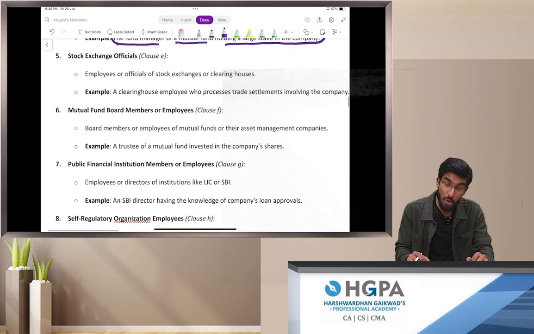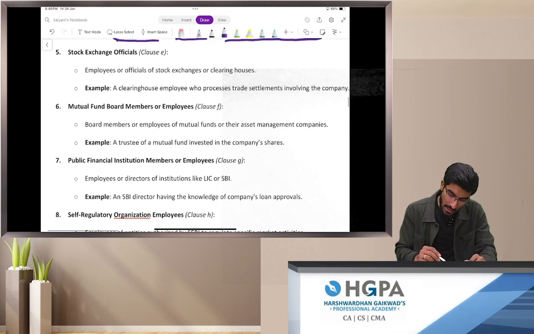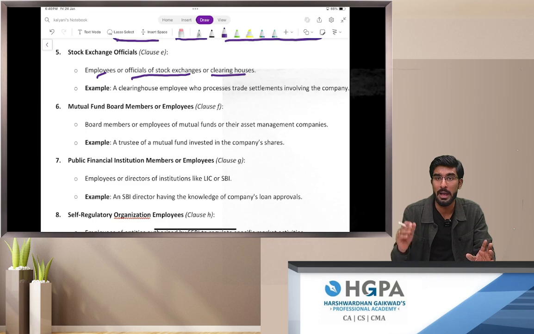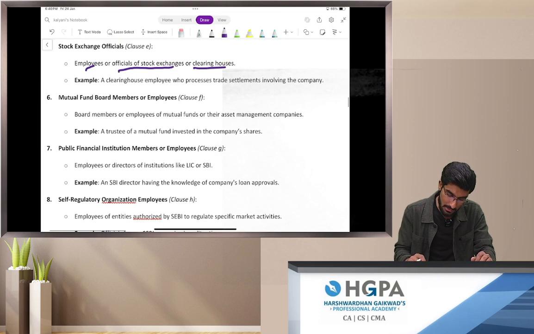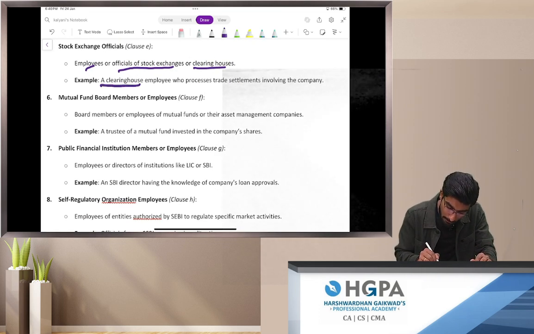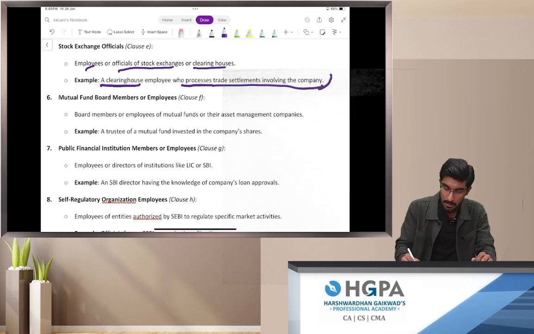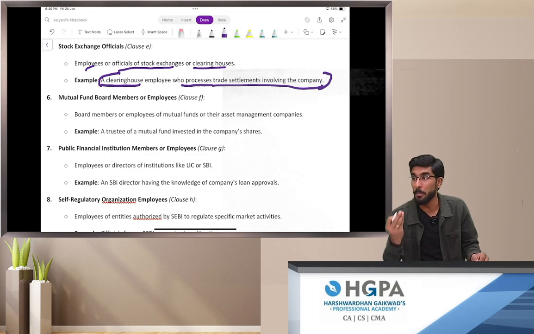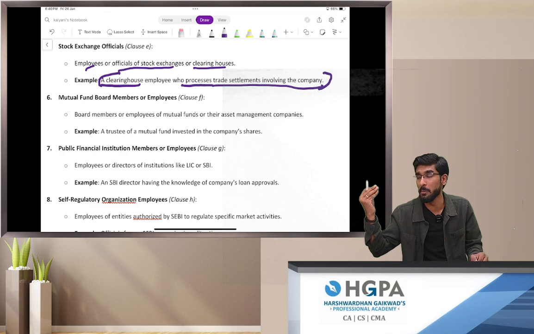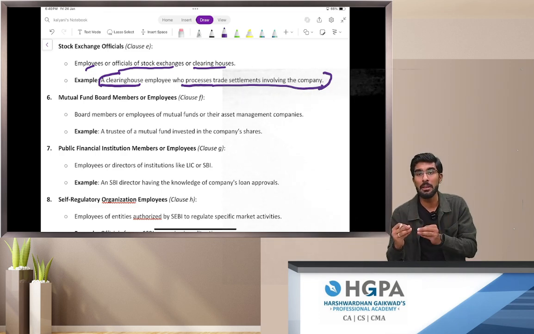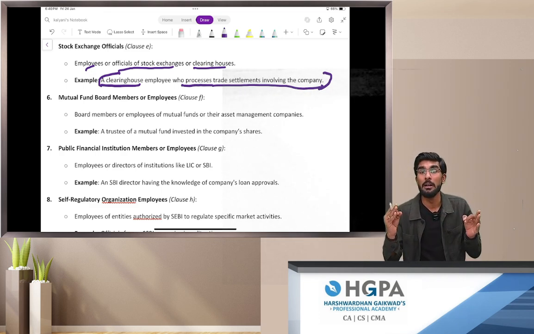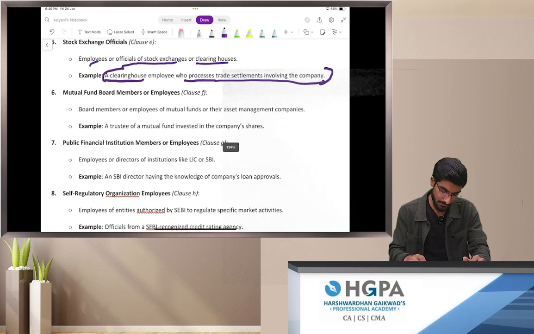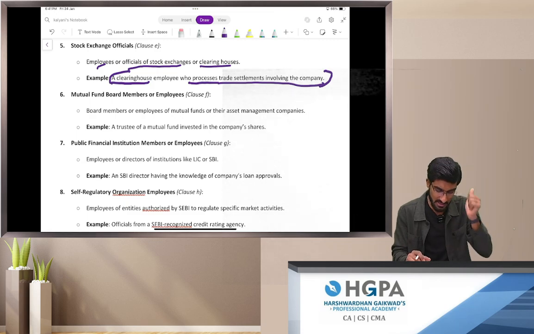Next is, people, stock exchange officials. Employees or officials of stock exchanges or clearing houses will also be called deemed to be connected persons. Over here, a clearing house employee who processes trade settlements involving the company. If this person is an employee of a clearing house and possesses UPSI of Goldman Sachs regarding Warren Buffett's investment, then he will be called a deemed to be connected person. 5 points. 6th point is